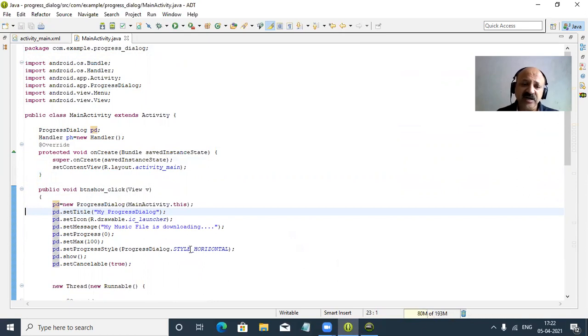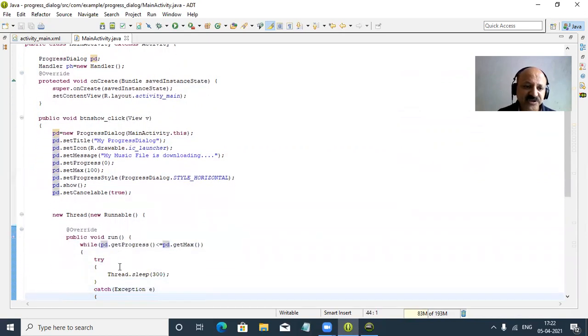Style horizontal is better because the ring style is automatically cancelled. Then show and set cancelable true. And then a nameless object, an anonymous inner type, so that is a new Runnable class with the run method.